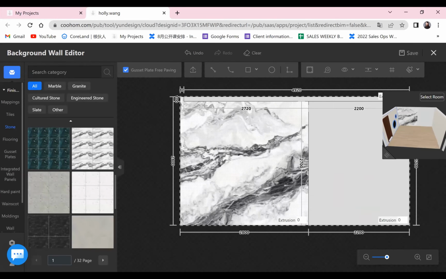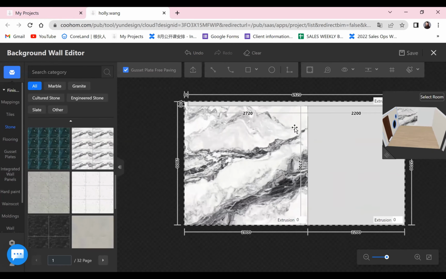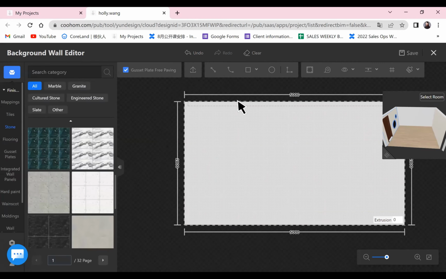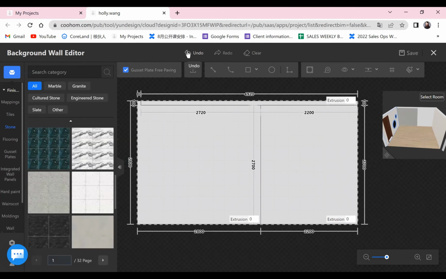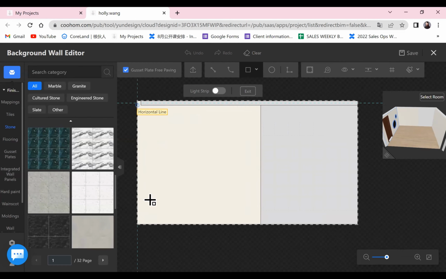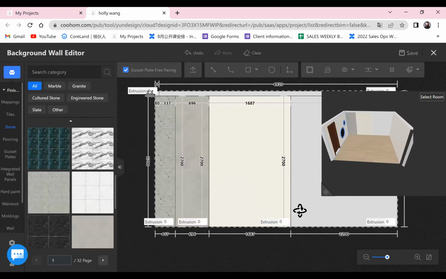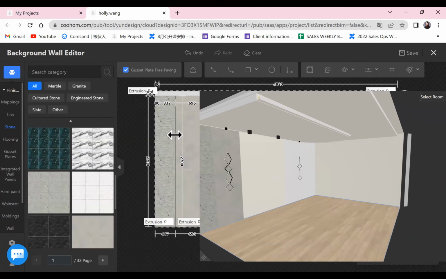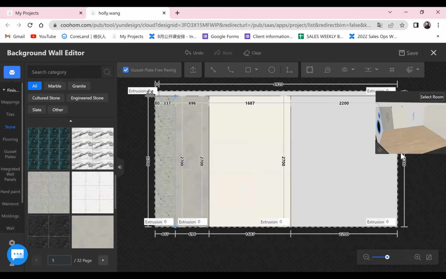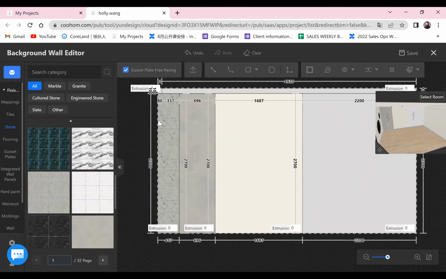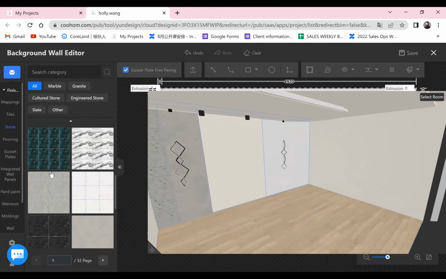But from our picture, you can clearly see the line. Right? So one way is that you can draw the line. Oh, sorry, I think I did the wrong one. One way to do that is you can draw the line like this. You can divide them into different parts, and then apply the material. So you see, that will be the difference, right? And for this line here, you can see the line in 2D, but in 3D, you cannot actually see a line. They will be next to each other. So you can put some